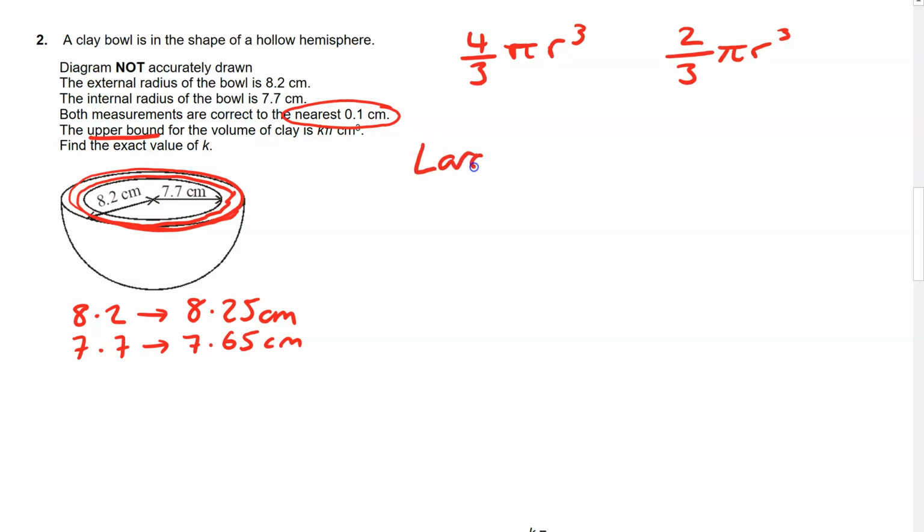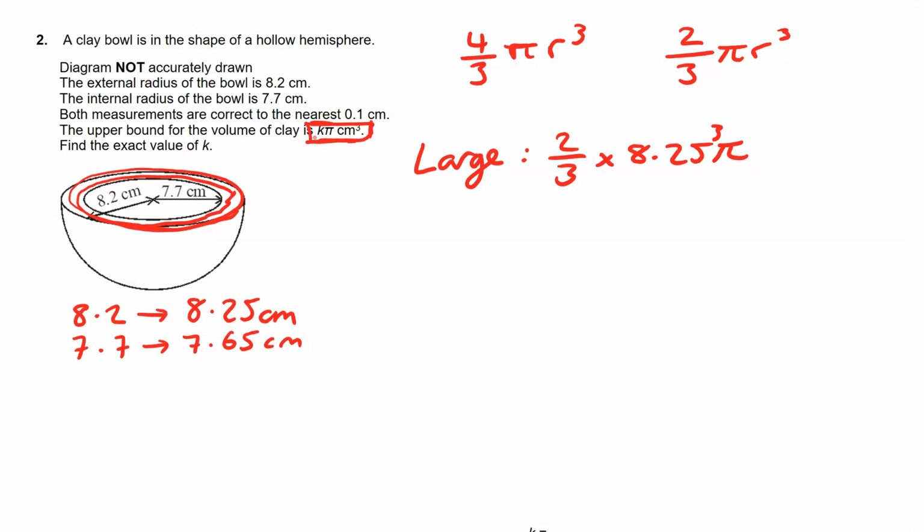So we've got the large hemisphere, which is going to be 2/3 times 8.25 cubed pi. This does indicate that we need to keep it as a multiple of pi, because it's asking me to find out what k is, i.e. what multiple of pi is going to give me the answer. Anyway, that comes out as